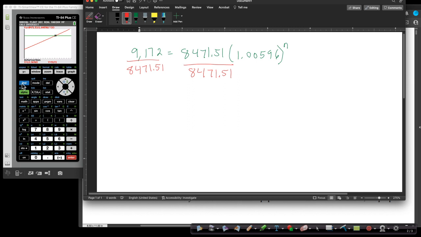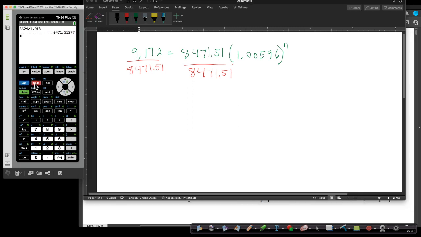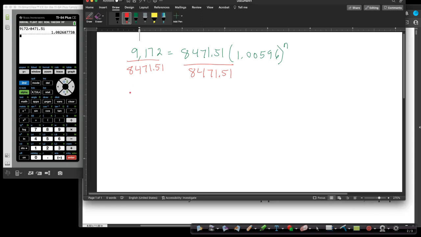Let's get back to the main page. The way I do this, I go second quit, and it takes me back to the main page. Let's just clear it out. 9172 divided by 8471.51. And again, you could do this calculation at the very end because you get a lot of decimals. But as long as you use 5 of the decimals, you'll be fine. So that's